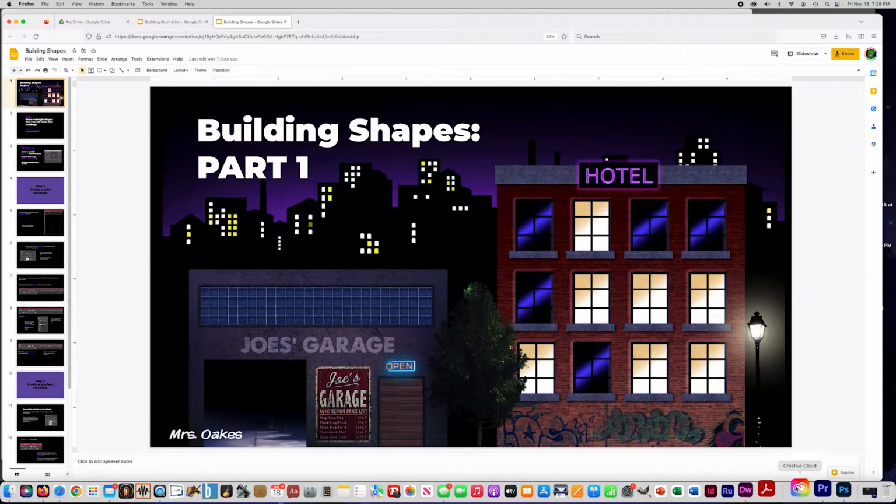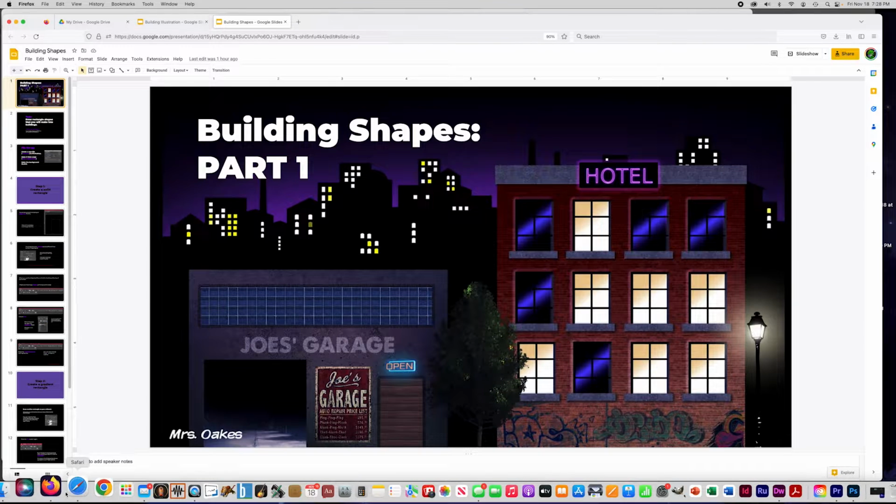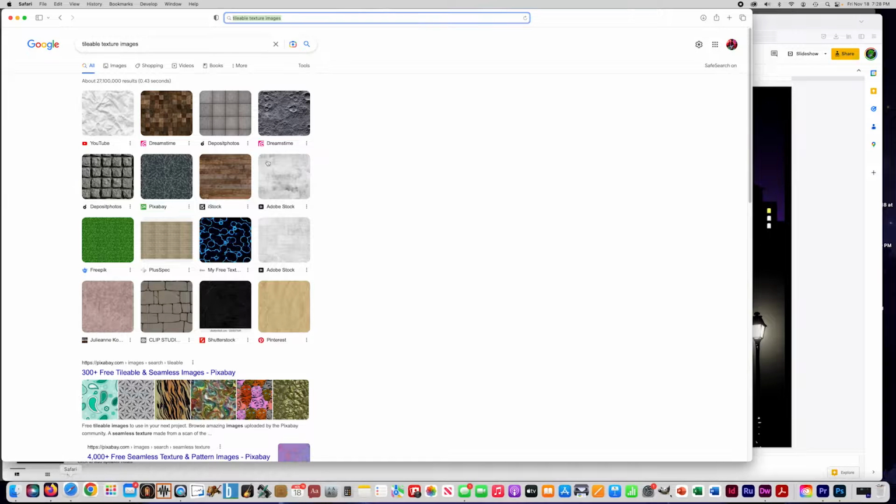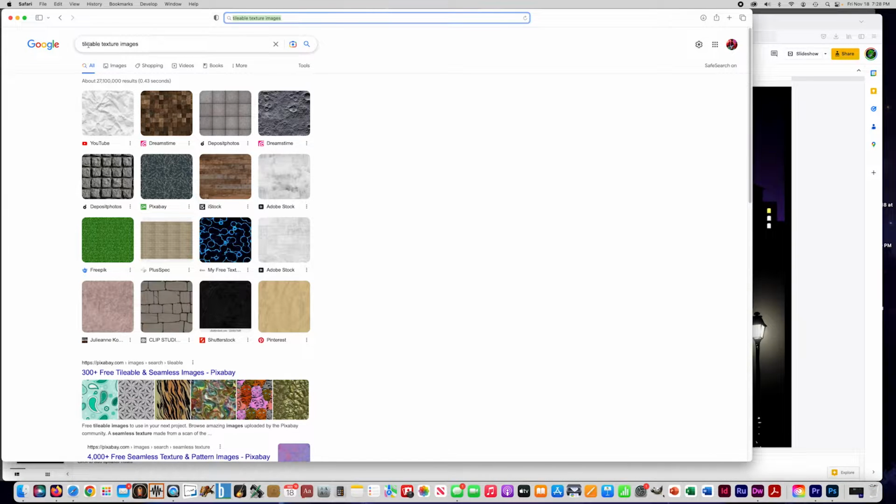So let me show you how to do that. The first thing you need to do to make custom patterns is to find some things online that are called tileable and seamless texture images. The reason they need to be seamless and tileable is that when you repeat the pattern, it'll just fill the shape with copies of it,